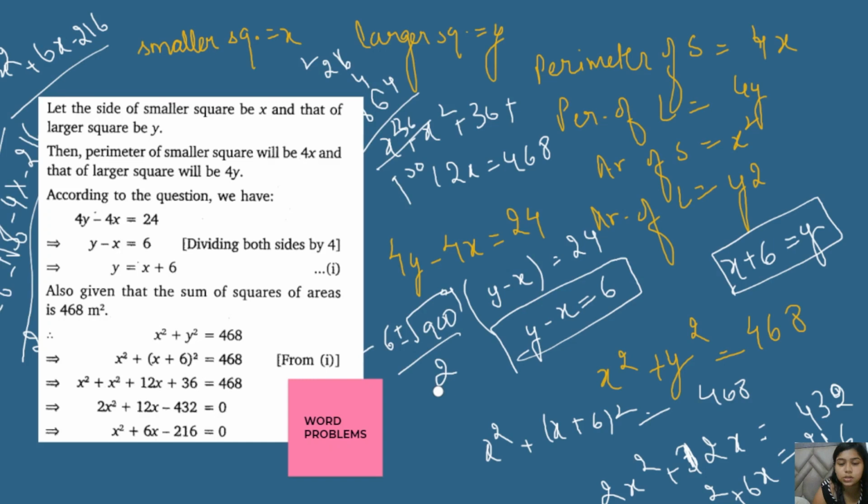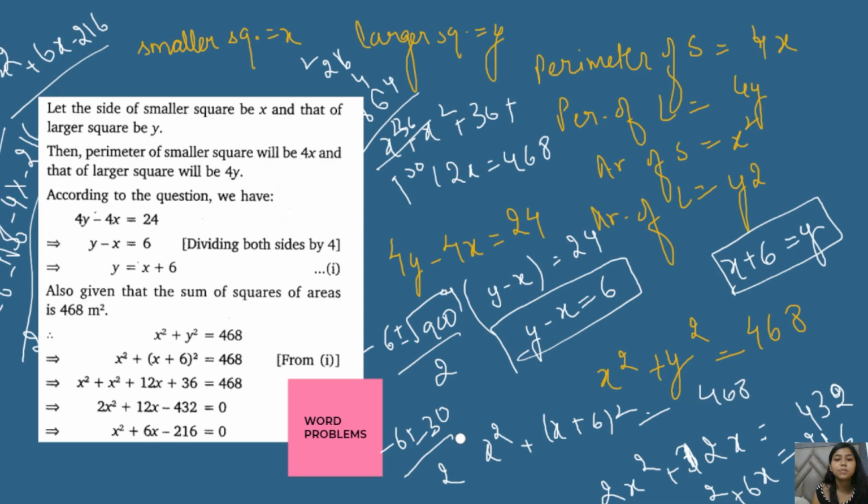If we put negative here, then we will get the sides negative, which is not at all possible. The sides are always measured positively, so we will take the positive sign. So 30 minus 6 divided by 2, and we will be getting 24 by 2, that is 12 centimeters, or units you can write whenever centimeters or meters is not given.